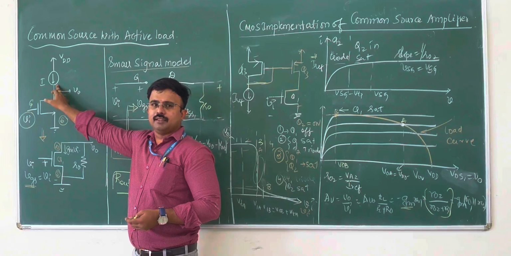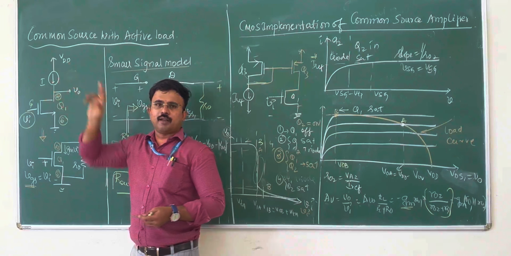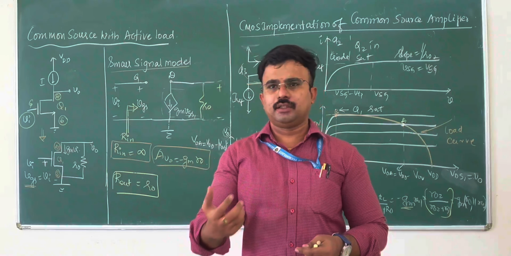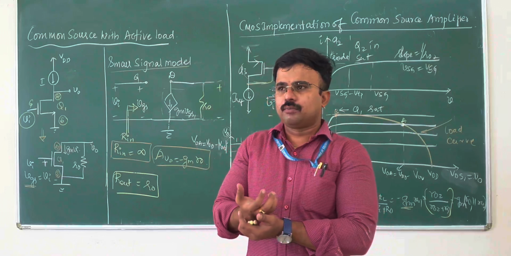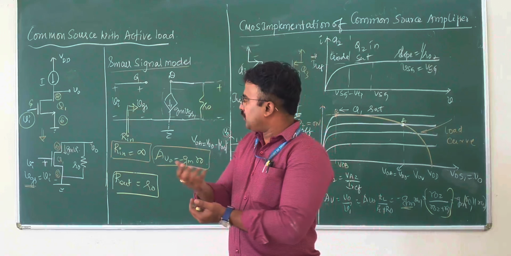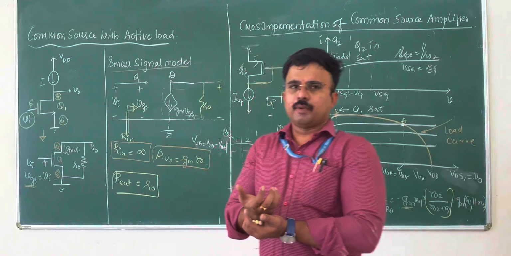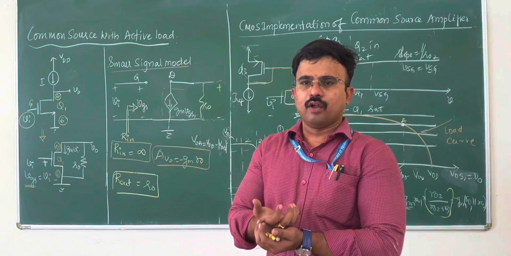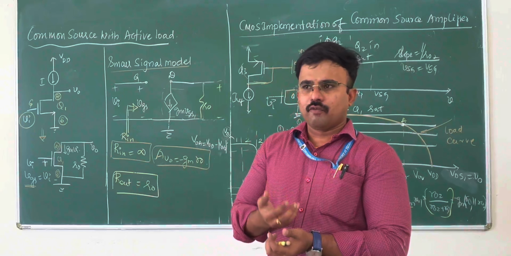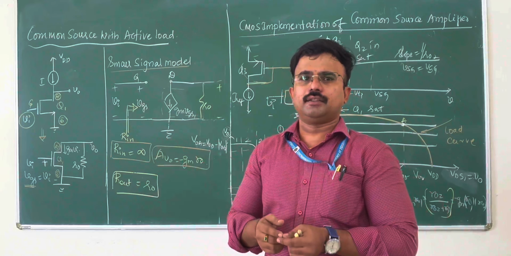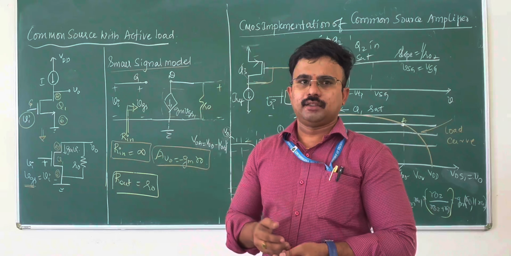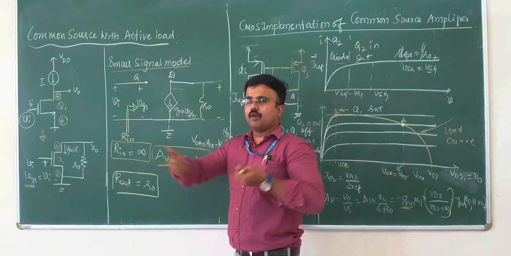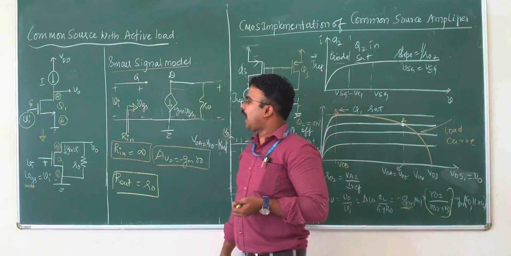Before analyzing this, implementing a current source can be done in a simple way, like maintaining a transistor in saturation, and therefore the active load plays a very vital role. This version of the common source amplifier can be easily implemented on an IC chip. Rather than going for a passive load, where the layout area of the transistor will also be increased, implementing a resistor is a tedious process and the layout area is increased. So therefore, we go for active load.